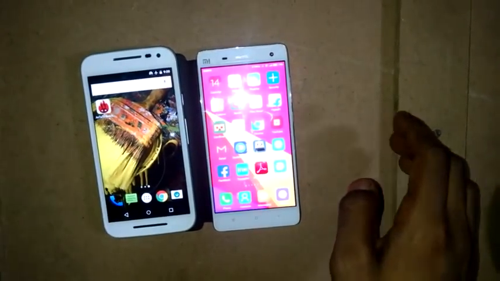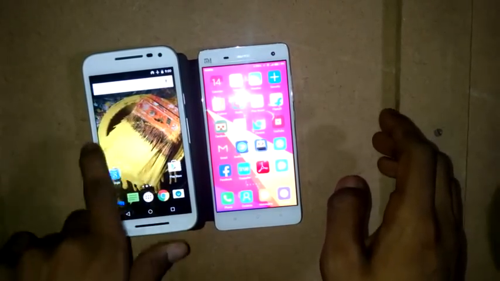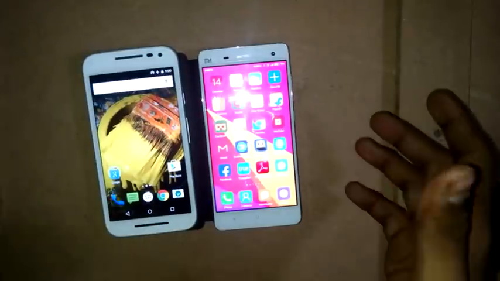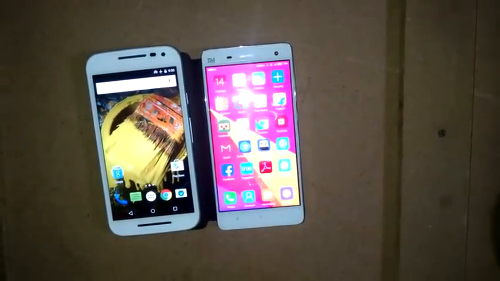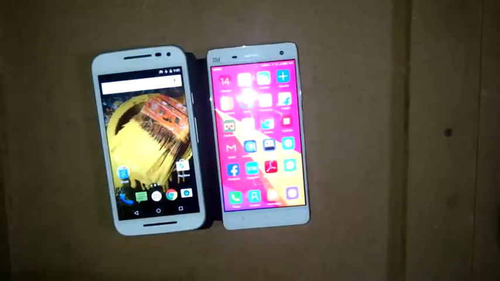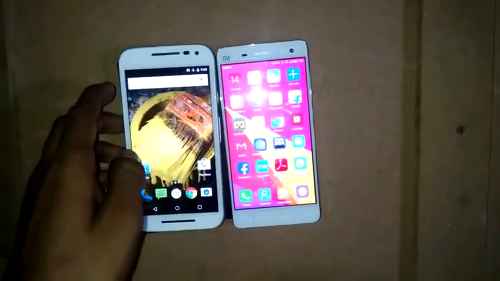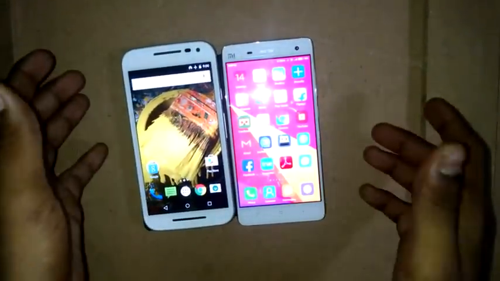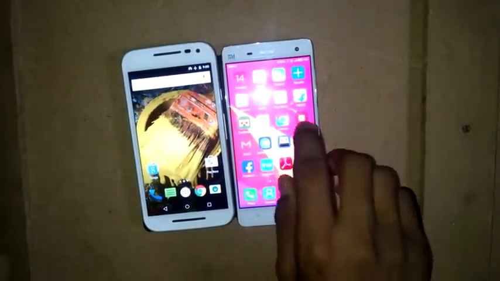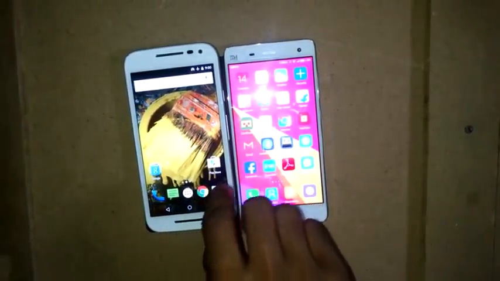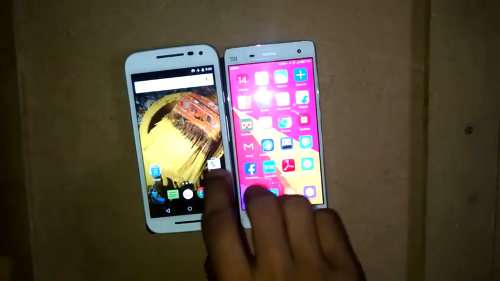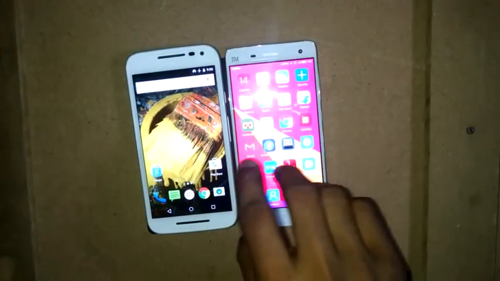But if you want a dual SIM 4G mobile, and you also want to carry a lot of stuff on your phone, then you should look for the Moto G3, because it has an expandable memory option, and both devices support OTG cable. But if you want a real performer, then the MI4 is the first choice for you. And if you are looking for a really good 4G device, then the Moto G3 will be your choice.